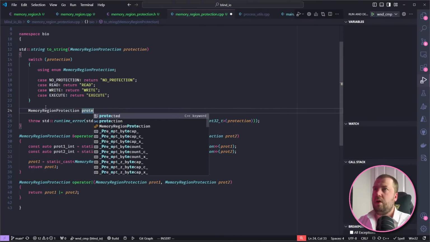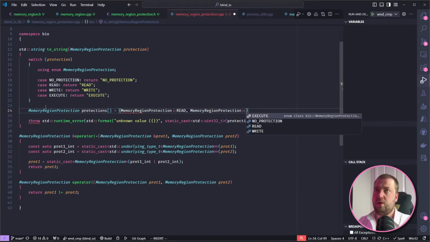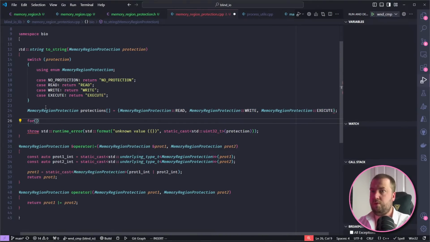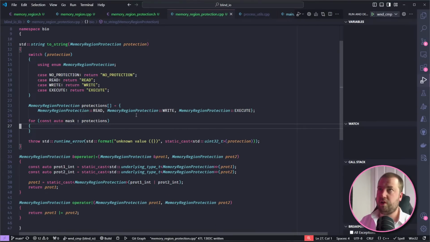So let's, protections. Let's just create an array of all the ones that we know. Memory region protection read, memory region protection write, memory region protection execute. Right. So what I can do now is I can basically loop through these. So const auto mask. Sure, let's mask in these protections. So this is going to loop 3 times, and on each iteration I'll get one of these, and then I want